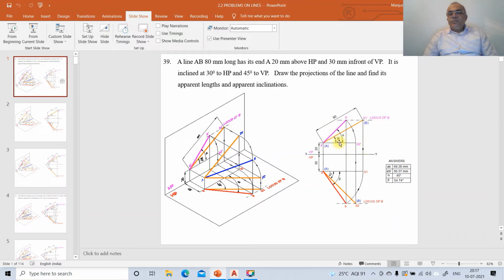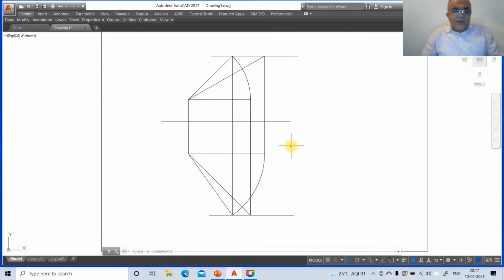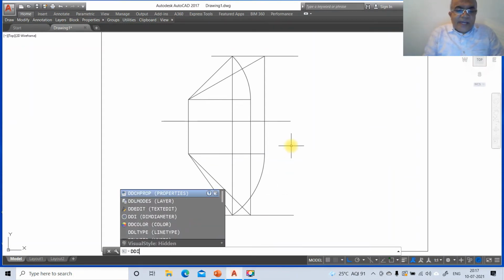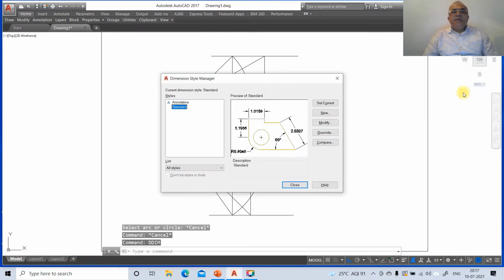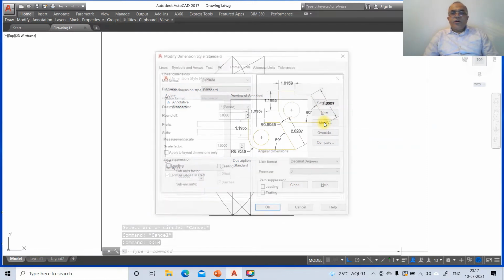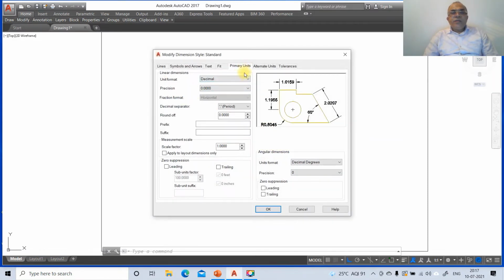So after this, we need to write the text and do the dimensioning part. To do that, first we will go to dtext, or we will go to DDIM, set the dimensioning variables as we have done for the projections of points. So click on modify. Go to primary units, make the precision 0 first.